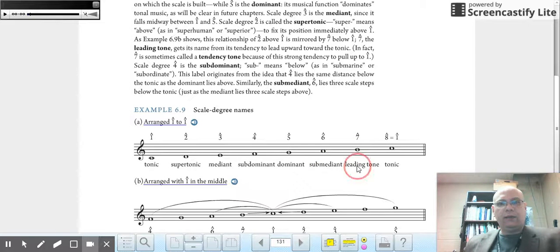And the seventh scale degree brings us back to the tonic, brings us back to do, like in the song from The Sound of Music. So here's the leading tone, bringing us back to tonic. So those are the names of the scale degrees: tonic, supertonic, mediant, subdominant, dominant, submediant,